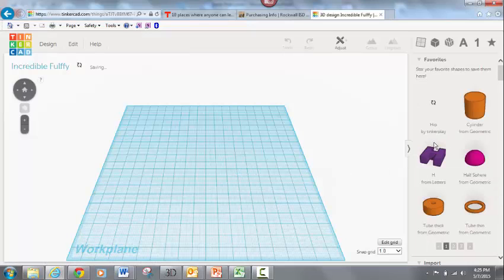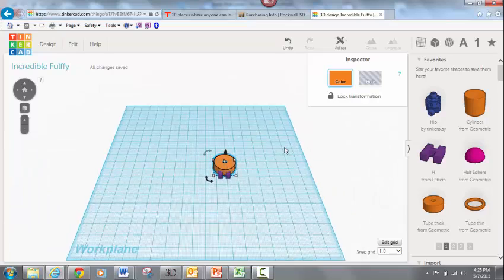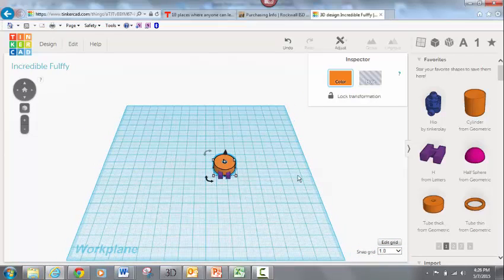After I create a new design, let me just pretend I did something here. Okay, let's pretend that's my design. From here, I'm going to save it. Whoops. And the way I'm going to export it is,